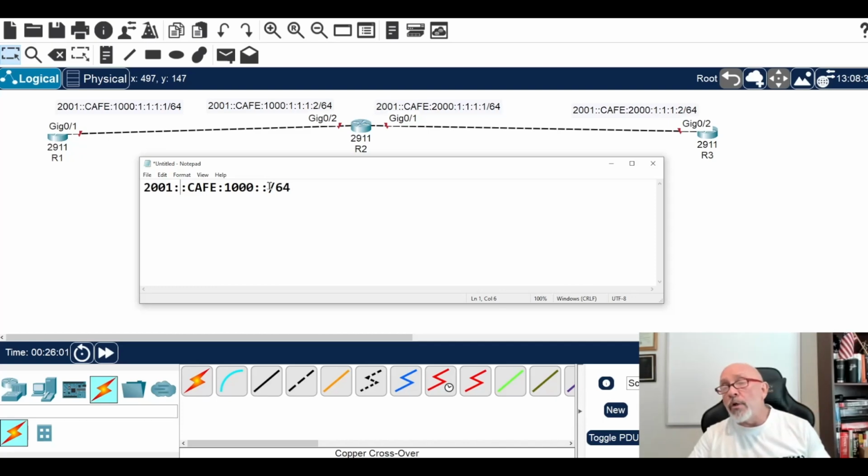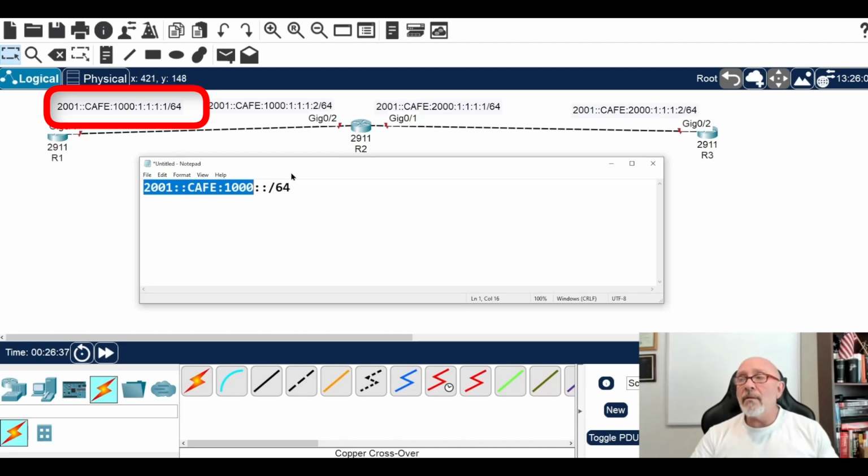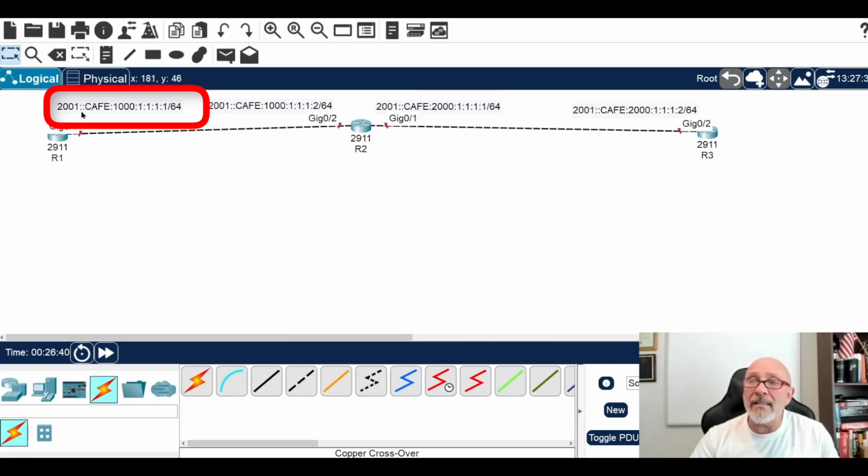But I'm going to show you that when you are configuring, in your test, just do what the book tells you to do. Okay, that's the bottom line. But when you're configuring, and this is why I tell everybody to lab their way to success, you don't have to. And remember, this represents the network prefix. In between these colons is the interface ID. So you can't have two double colons, so I decided to just write it out this way, so we can make a lab so you can see that this is not going to error out.